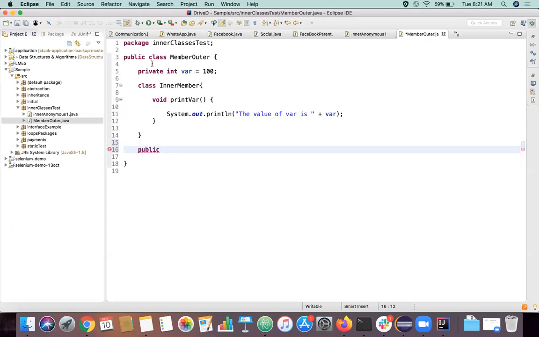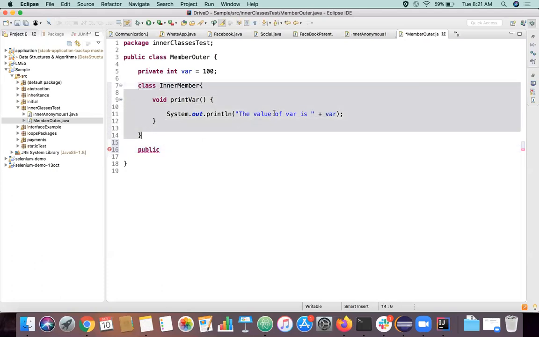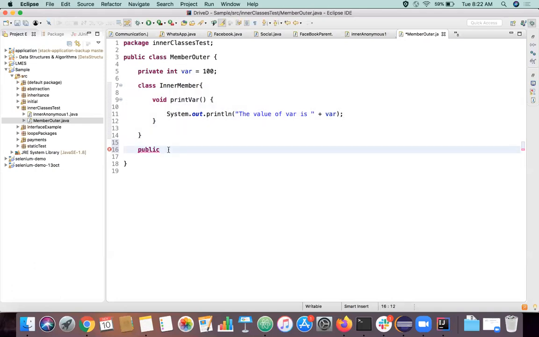The advantage of the inner class is that it can access the private member of the outer class also. That's the main advantage. This is the private member. Generally, a private member is not accessible to another class, right? But in the case of an inner class, since this inner class itself belongs to the outer class, you can access the private member of that outer class itself. That's the main advantage actually.